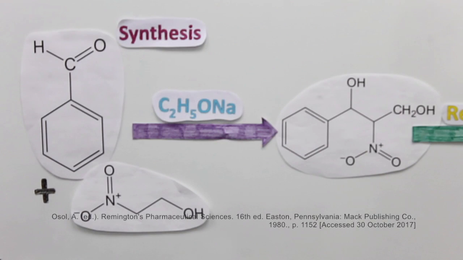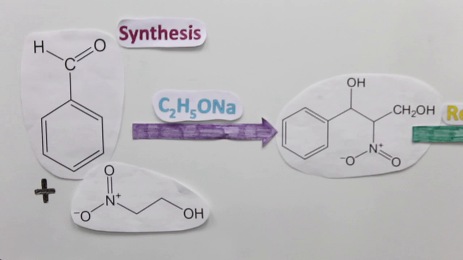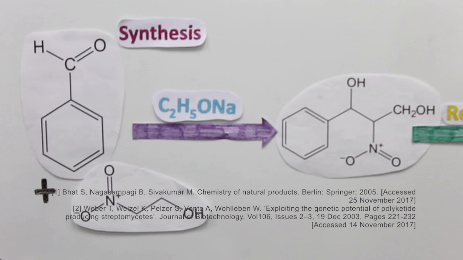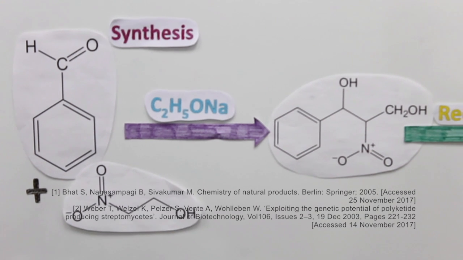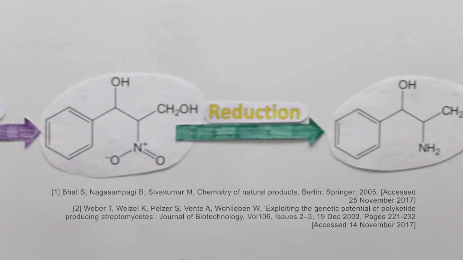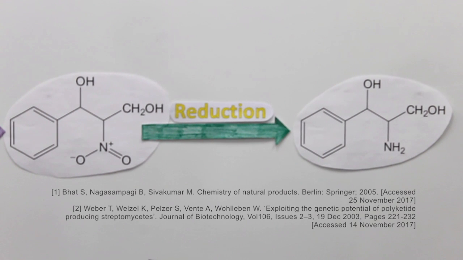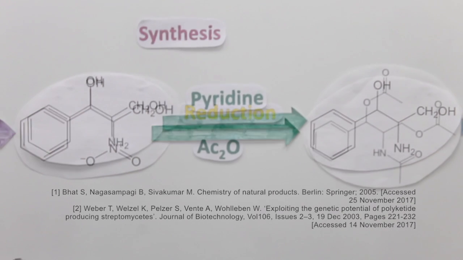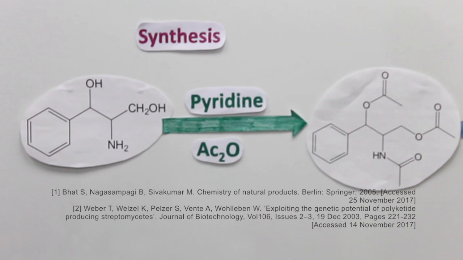There are many methods of manufacturing chloramphenicol, and research continues on its synthesis. One of the methods that is used commercially in Western Europe was developed in the 1960s and 1970s. This method involves condensation of benzaldehyde using 2-nitroethanol in basic conditions to produce nitrodiol. The nitro group in nitrodiol is reduced to 2-amino-1-phenyl-1,3-propanediol, which is then acetylated using acetic anhydride, for which